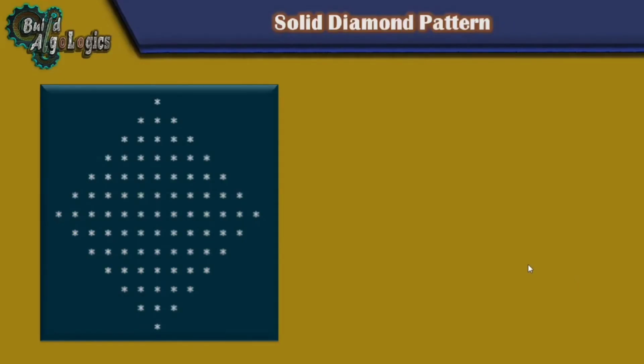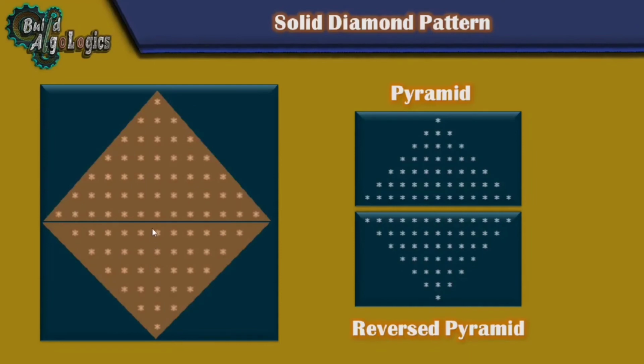Here first we'll write our code to print this diamond pattern. These 2 parts are nothing but these spaces, and if we see these 2 parts, these 2 patterns are nothing but our solid pyramid and the reverse pyramid patterns, and we already had written code for these patterns. So in this tutorial today I'll provide you 2 possible solutions, and then in the next video you will find some more solutions of this diamond pattern. So for our first solution, what we are going to do here is to merge these 2 patterns to get our solid diamond pattern. So let's see how we can merge these 2 patterns.